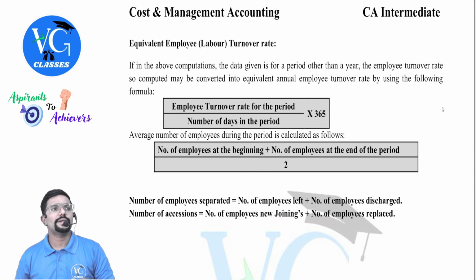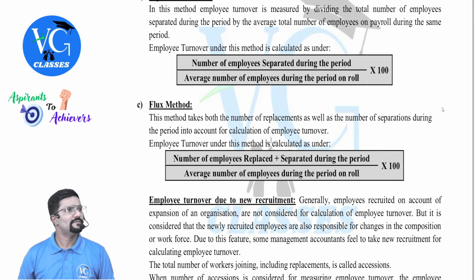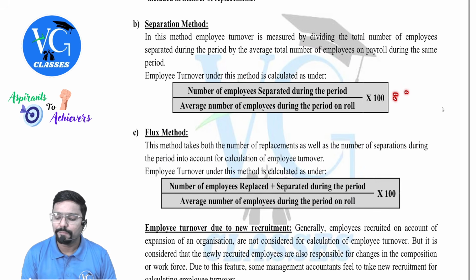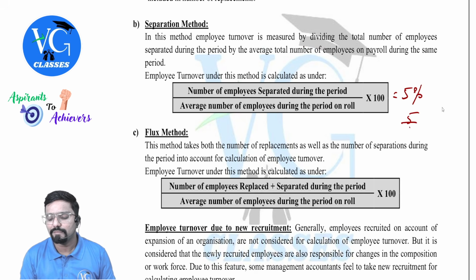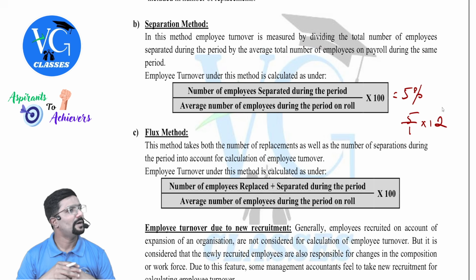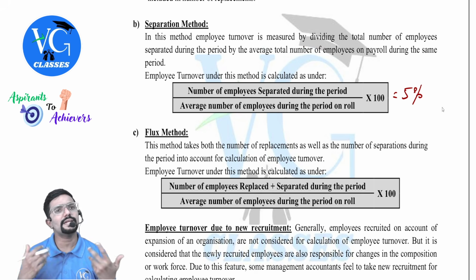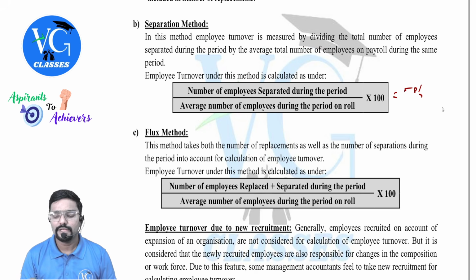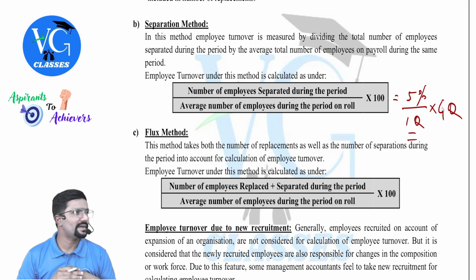Now, sir, using the above formula, assume data was given for a month. Assume I have got 5%. Now, can I calculate for a year, sir? This is for a month, so 5% is for a month. How much for a year? Or else assume the 5% we have calculated is for a quarter. Can I calculate for a year? So 5% is for one quarter. How many quarters in a year? 4 quarters. So how much for a year?